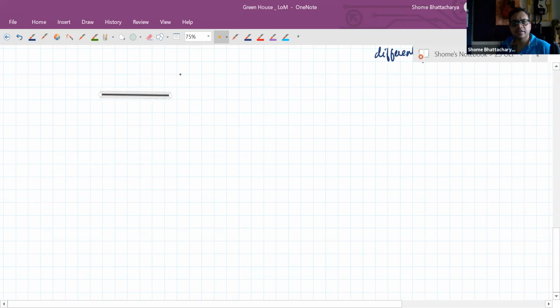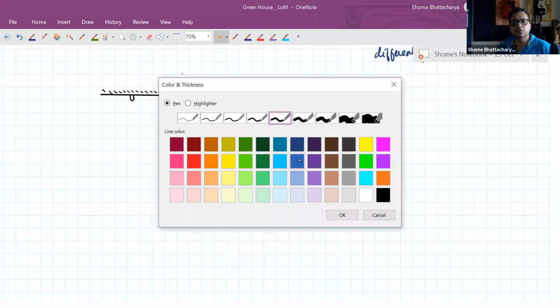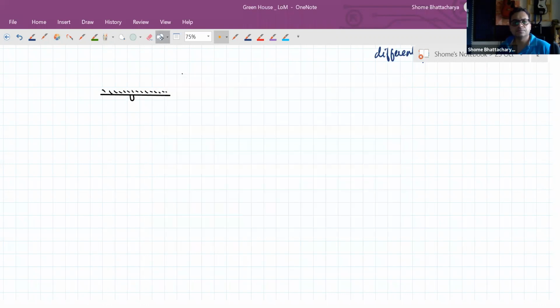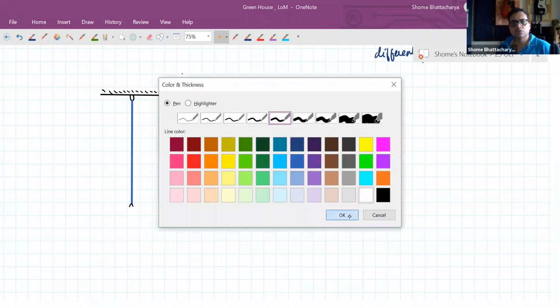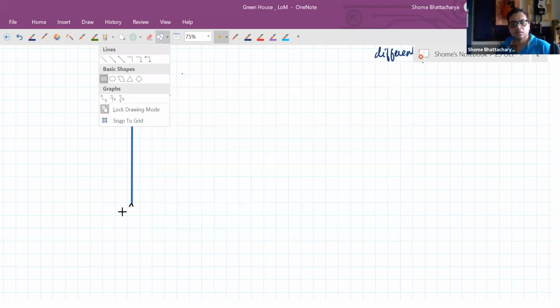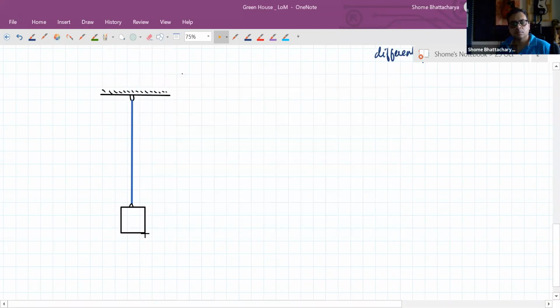We are assuming that the thread or rope that we are using has the required amount of tensile strength to be able to balance the weight. But at the same time its own mass is not comparable to the mass of the object we are suspending. Its own mass is negligible compared to this. Okay, so we have this rope, and on the other side we have used this apparatus to suspend a block that is considerably heavier than the mass of the rope.